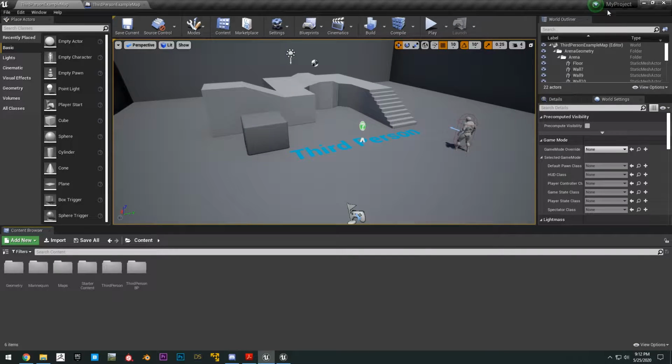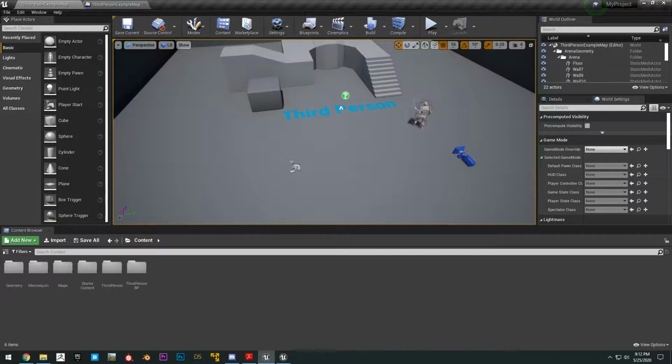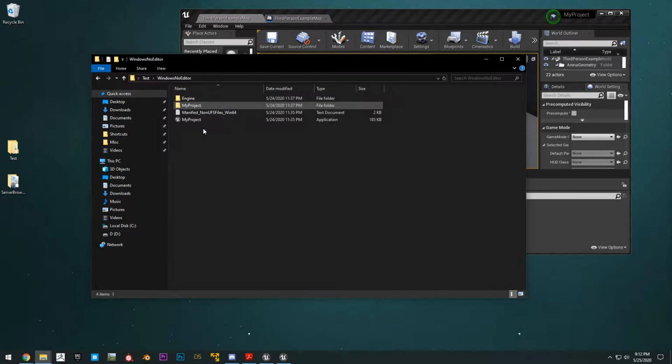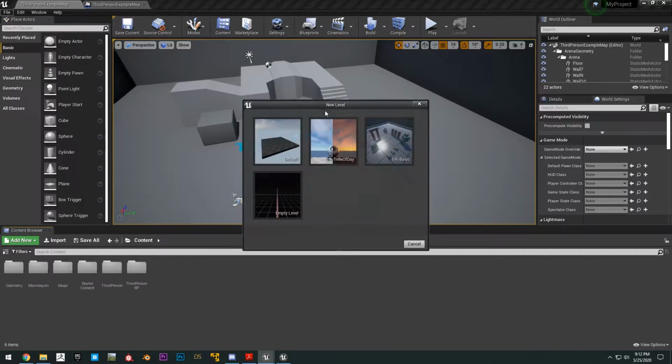Go ahead and open up my project. Basically, this is a default third-person project in Unreal Engine 4.25, and there's pretty much nothing different about this other than the fact that we've compiled the dedicated server from the previous tutorial, and we have all that packaged and everything. So the first thing you want to do is go ahead and make ourselves a new level,